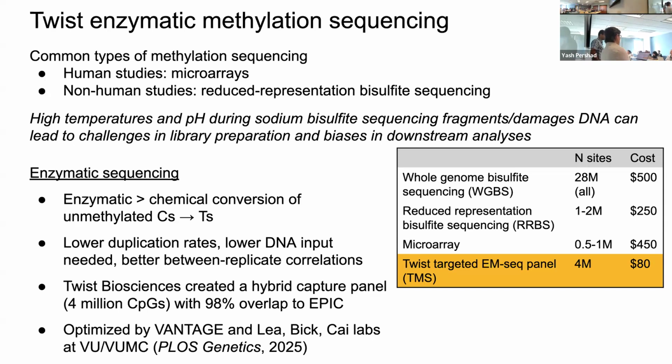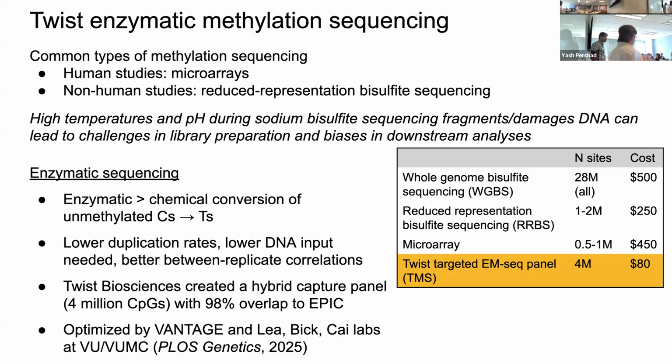So enzymatic methylation sequencing is a more recent technology, and this uses an enzymatic over a chemical conversion to convert unmethylated cytosines to thymines. You can read the stats, but it has slightly lower duplication rates. It needs less input DNA. The Twist panel in particular can use very low amounts of input DNA, and then better